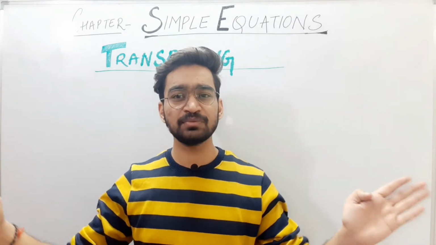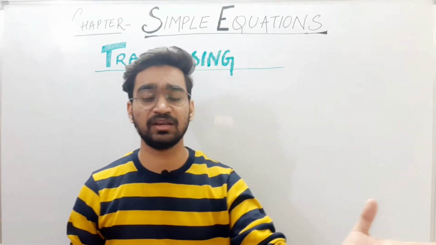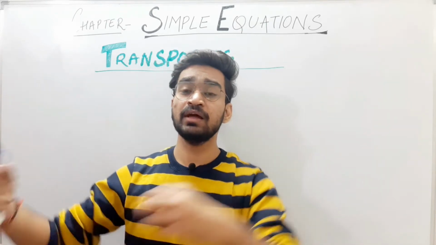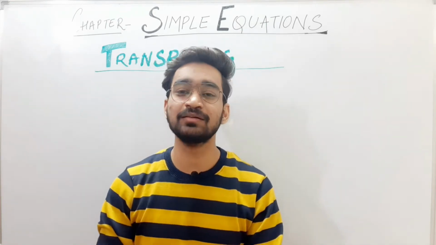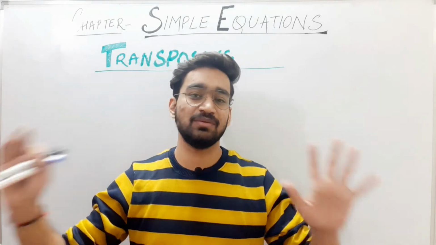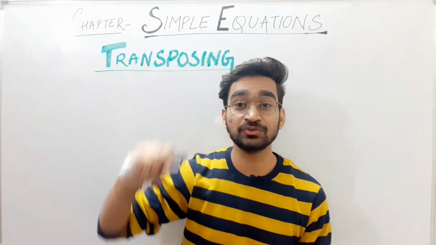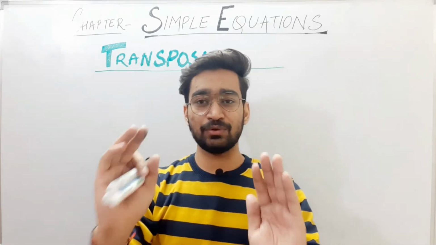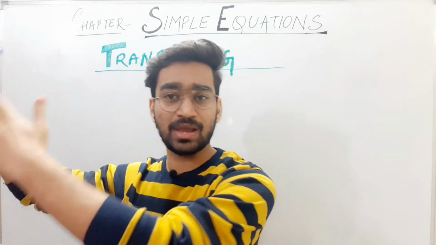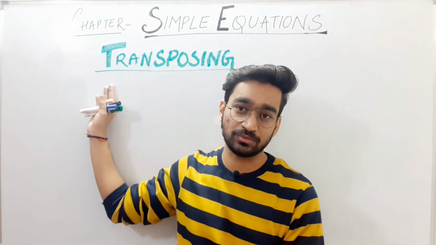There are not that many steps to learn, as we had to learn 5 rules in the systematic method. We also had a very long method, the trial and error method, but this method is a very nice and time saving method for all of us. You can use it throughout your school life, from grade 7 to 8, 8 to 9, 9 to 10. In every class you can use this transposing method.